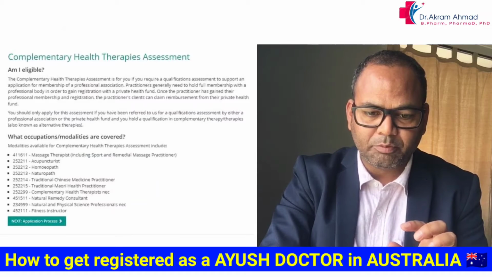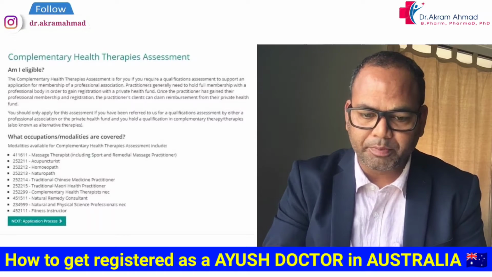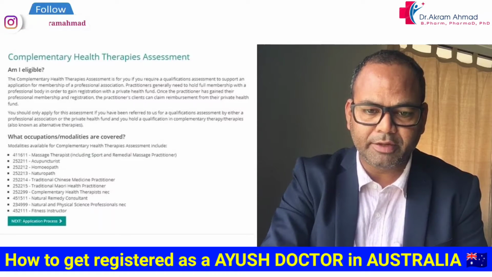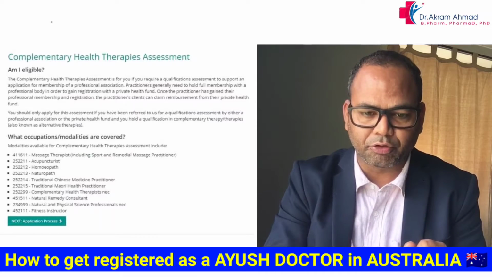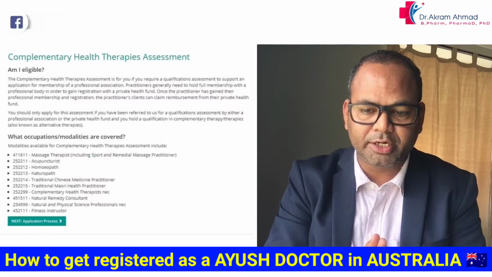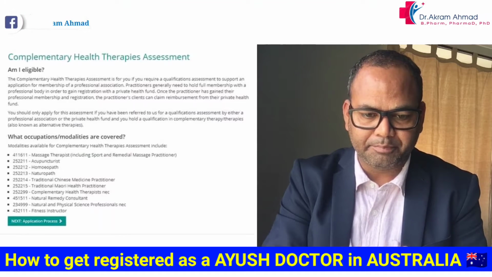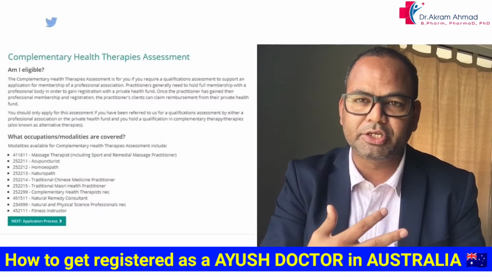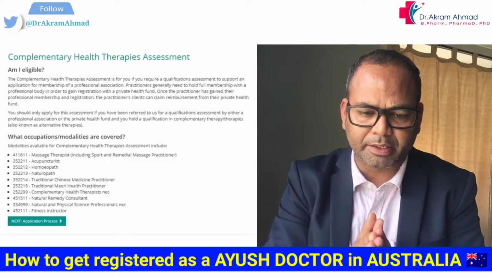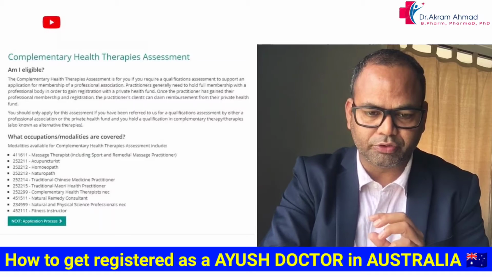So this visa is mostly if you are an acupuncturist, a homeopath, or a naturopath. If you are a BAMS doctor or a BUMS doctor, you can apply as a naturopath. Another one is traditional Chinese medicine practitioner. Some people from other countries might have this degree. This degree is also very important in Malaysia, China, and Thailand. In those countries there is a bachelor degree in traditional Chinese medicine, so they can migrate on this degree.